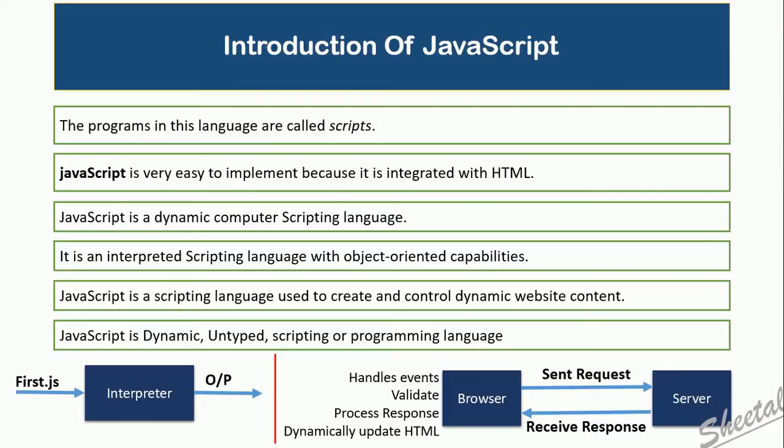Chrome, Safari, and Firefox have inbuilt support for JavaScript. Using JavaScript, we can do lots of things in the browser. For example, when we click a button or enter something in a text field, we can handle that event, do form validation or any other operations on that data. We can even send request data to a server-side application, and once that application sends the response back, we can handle and process that response in JavaScript and dynamically update the HTML in the web browser. Using JavaScript, you can handle events, validate data, process responses, and so on.